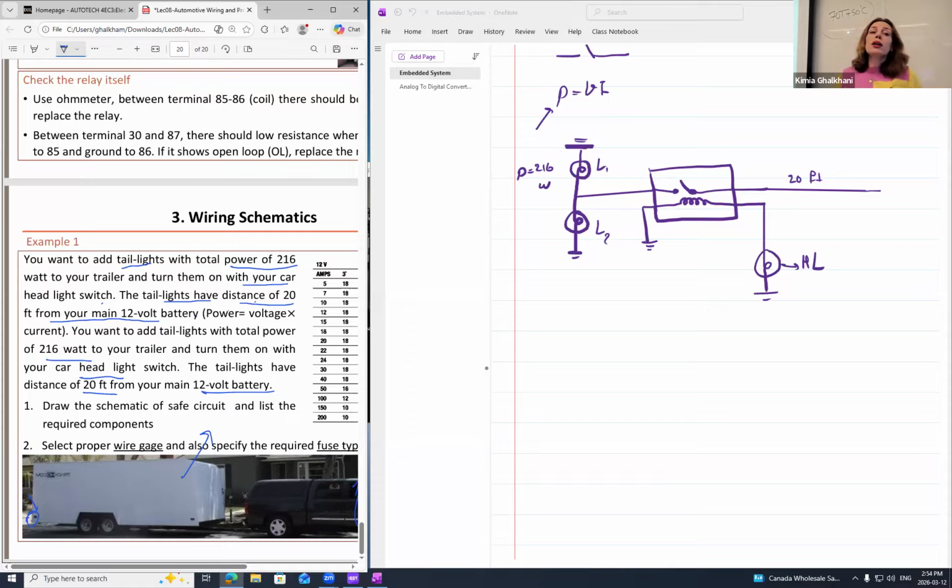100% correct. Only wire? The devices too, right? Therefore, if I'm planning to protect my wire and any other devices connected to that wire, where should I place it? What's the best position for the fuse? Before the source or after the source? 100% correct. Therefore, I have to place it right in here.